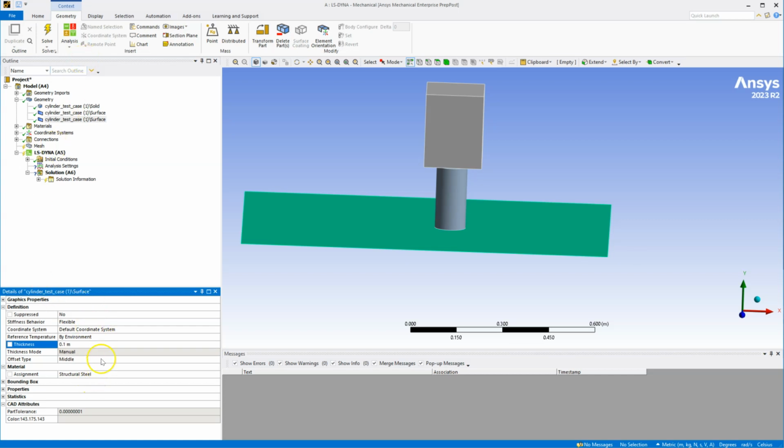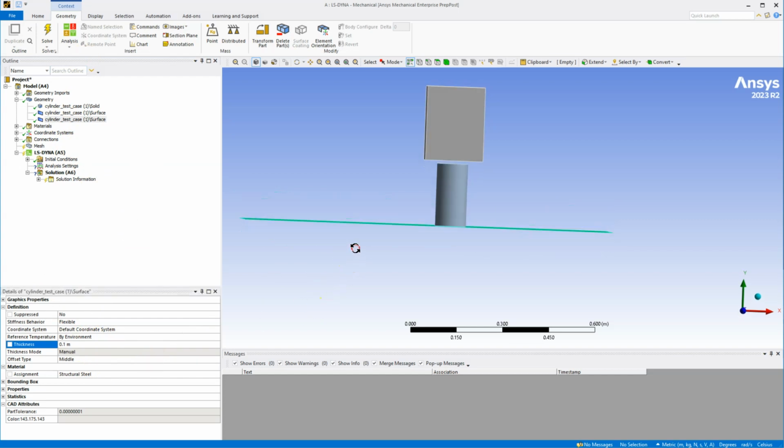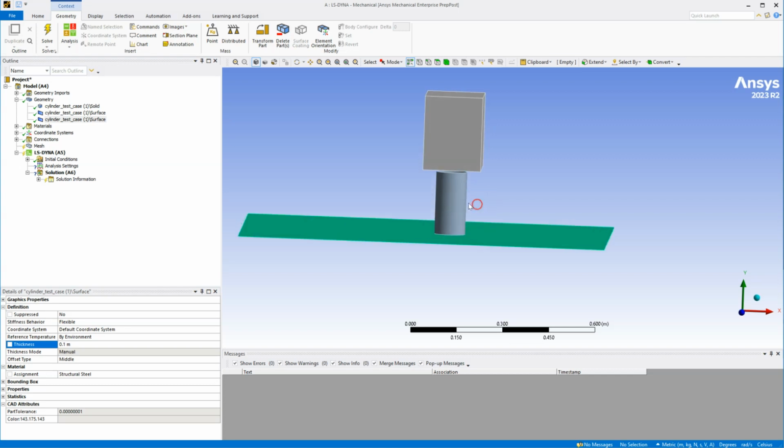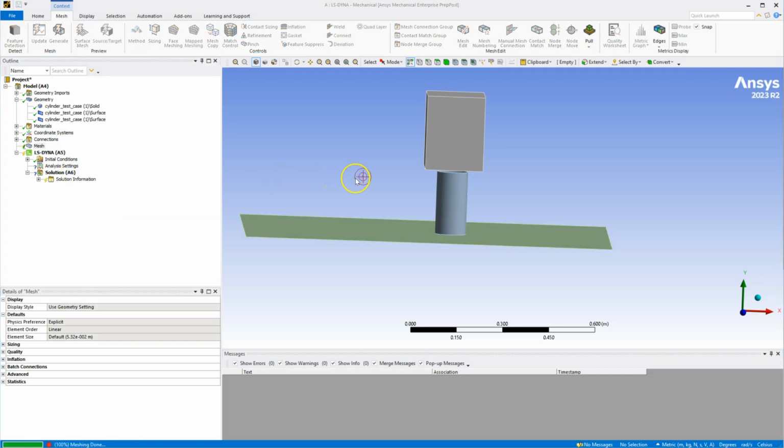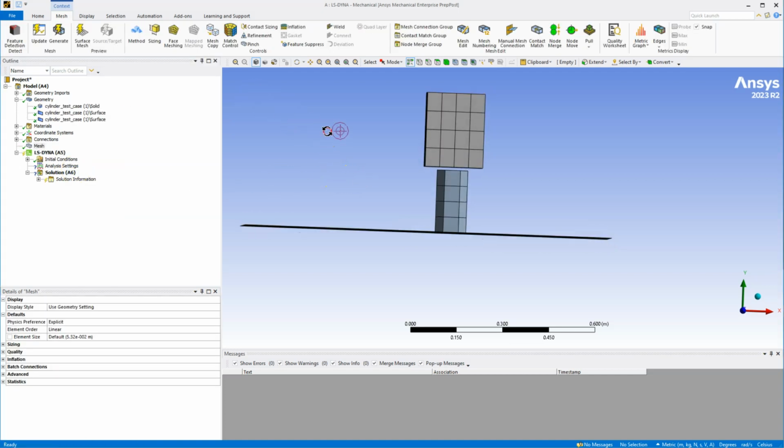I'm also going to leave that as structural steel. Now, one thing we've got to worry about is that right now it's at the middle of the surface, and so what that'll do is put half the material on top, half the material on bottom, and that's really only important for our case for the contact detection between the cylinder and the floor. So if I leave it as is, the cylinder will want to shoot up because it'll be initially interfering with the floor. So I can show you that if I right-click the mesh, generate mesh,